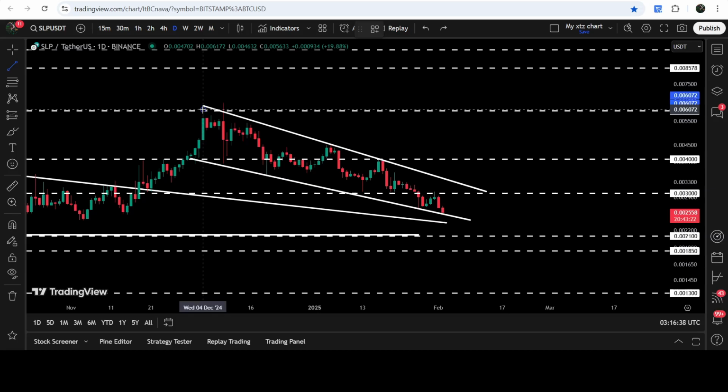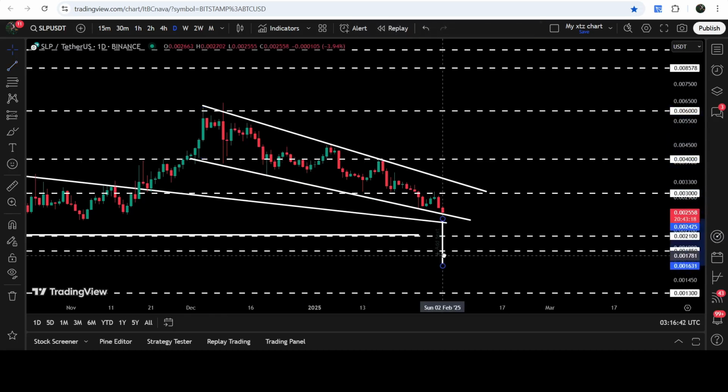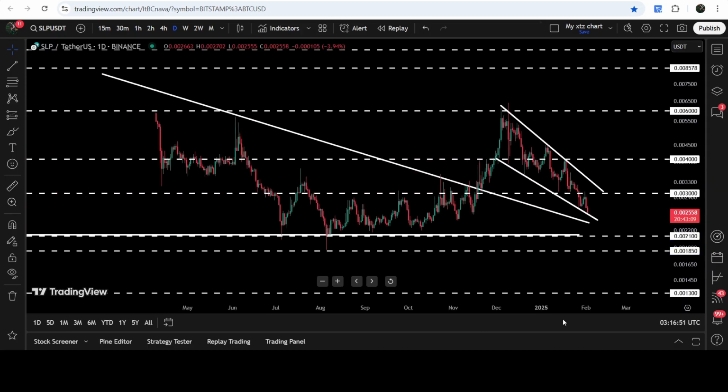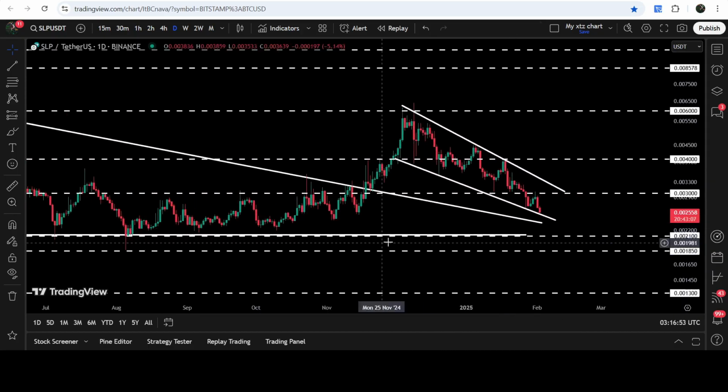However, if price breaks down the support, then the technical target to the downside will be here, approximately at $0.0016. But before that, we have so many supports. Like we have the previous resistance of the triangle that can now work as support, and we will have another very long-term support here at $0.0021 as well. It has previously been working as the support of a bigger triangle as well.